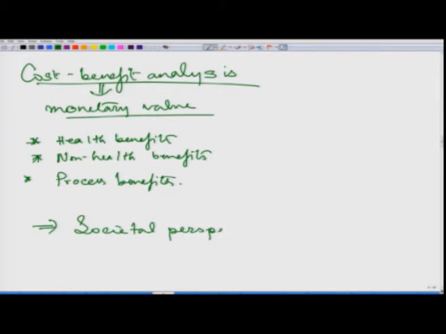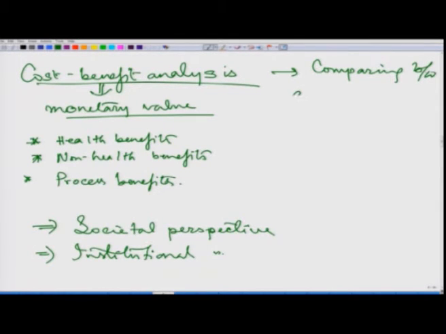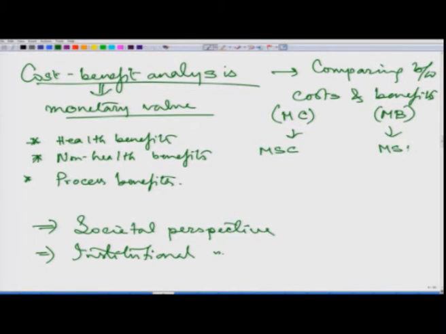because when we do a cost benefit analysis, what are we doing? We are comparing between costs and benefits. Can we tell that marginal costs and marginal benefits? Can we tell the same thing to marginal social cost and marginal social benefit? And isn't it